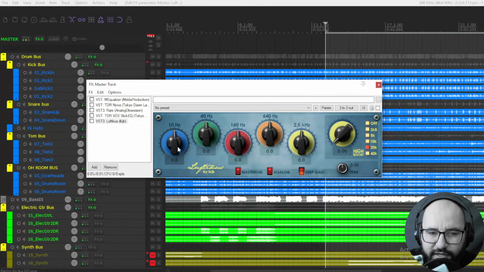You have boost or cut at 10 Hertz, 40 Hertz, 160, 640, 2.5K, and yeah, 10 Hertz probably we don't hear those frequencies. Maybe you do, but I think I don't. But anyway, I think it's a super musical EQ that to this day I really love.